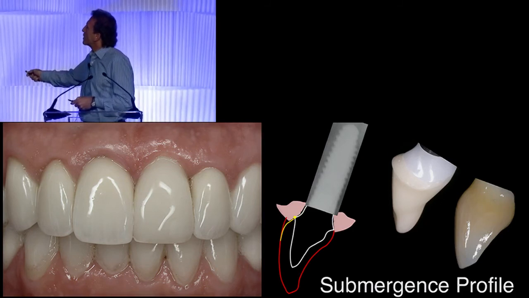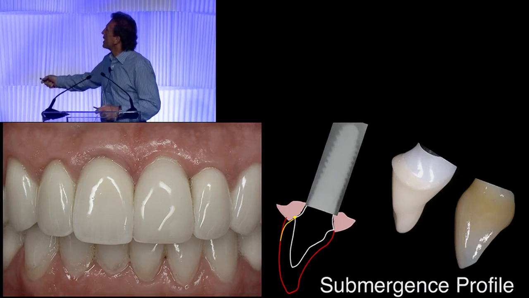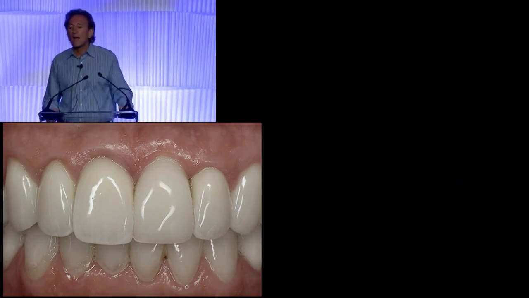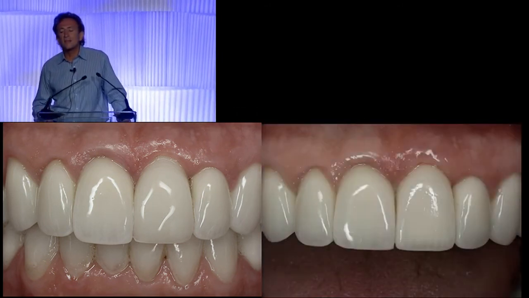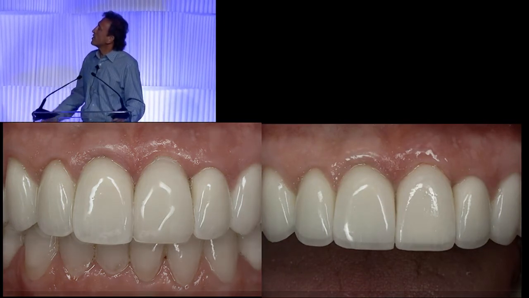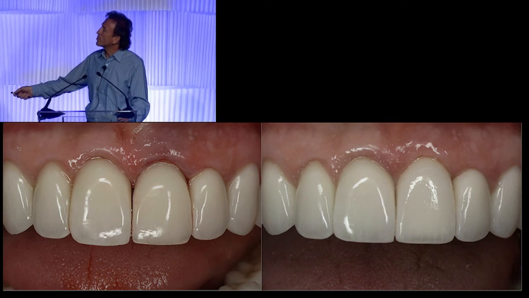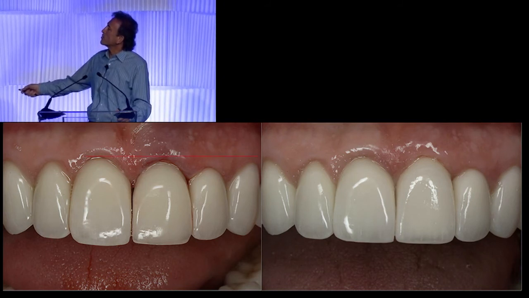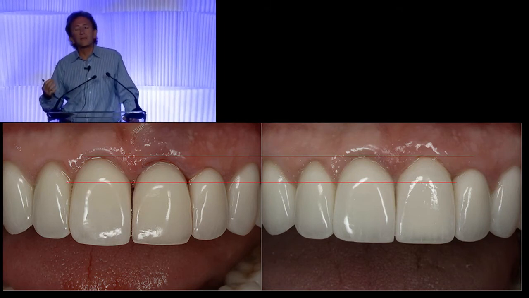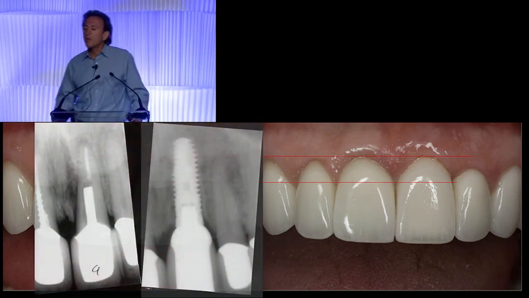So we try to have, and we've been doing this since the mid-90s, very flat or concave emergence profile, both in the abutment and in the eventual crown, depending on the tissue type and thickness that we're working in. And you can see the temporary here, the final restoration. And when we compare it with the original, this is the original temporary after extraction and implant placement, the final restoration, we pretty much were able to preserve the environment in a very efficient and very predictable manner, utilizing these techniques